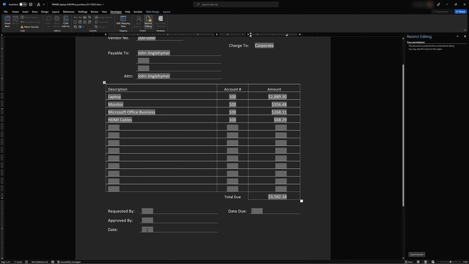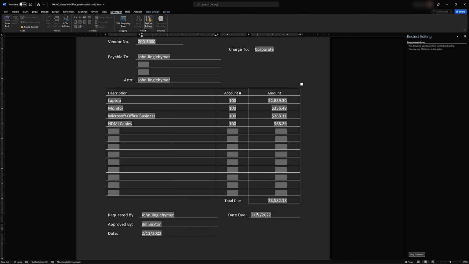Let's see what happens on the date fields. So let's put John Jingleheimer. See what happens if I double click on that. Nothing. So if I put in 02/11/2022 and I tab out of it, it changes it to the format that I selected in the properties of that field. Bill Buxton. Date, again,